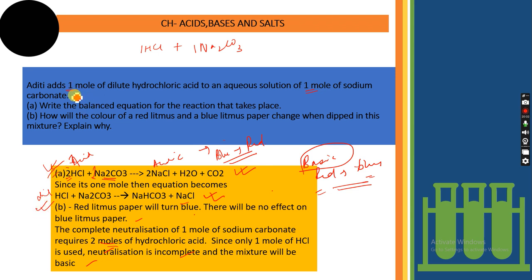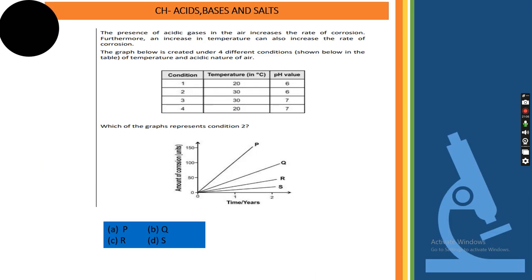See, so that's why this is very important, what is given here. If nothing would have been mentioned यहाँ पे, then you could have gone for this equation and you could have said that blue litmus will turn red since it will be an acidic solution because 2 moles of HCl is there. Okay, but since it is given 50-50, that is 1:1, 1 mole 1 mole, that is why you have to write this answer. Okay, so be very careful what is being asked in the question. Don't be in a hurry, check each and every word given in the question. Okay, let's move to the next one.